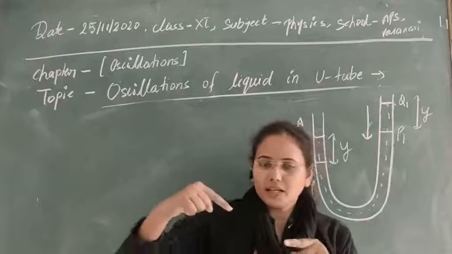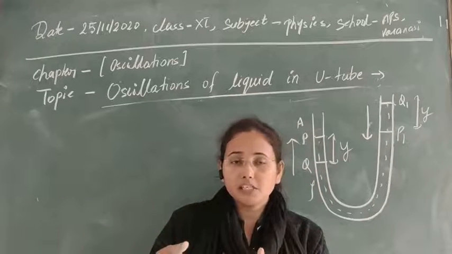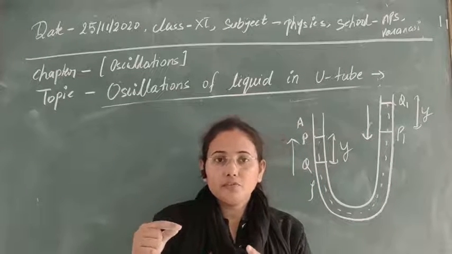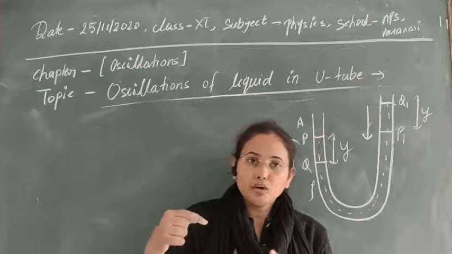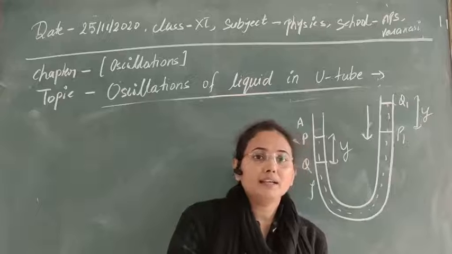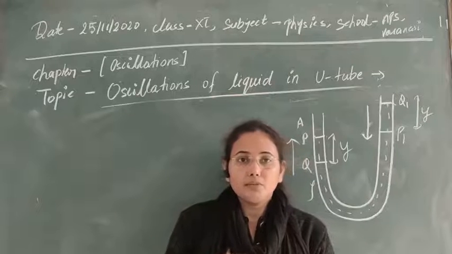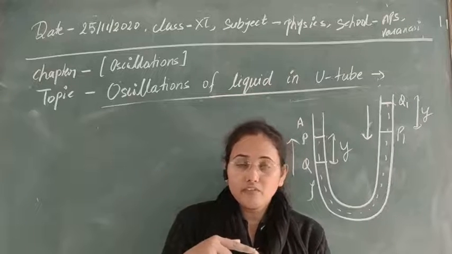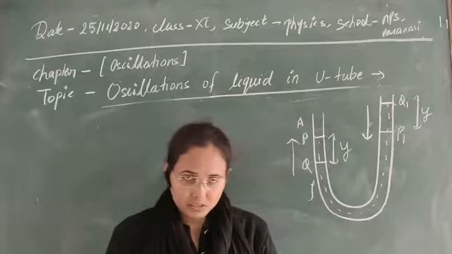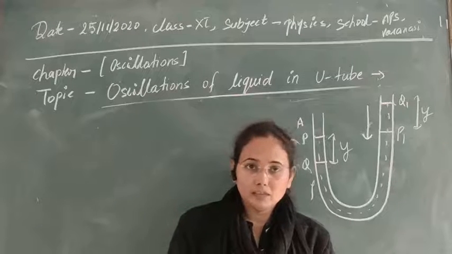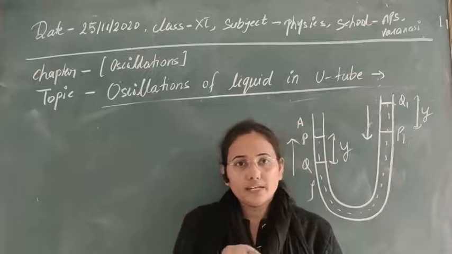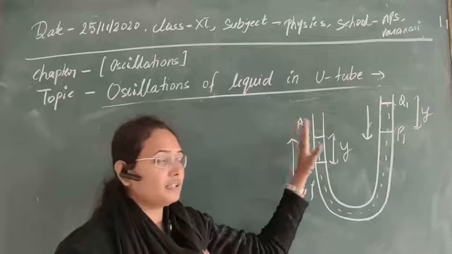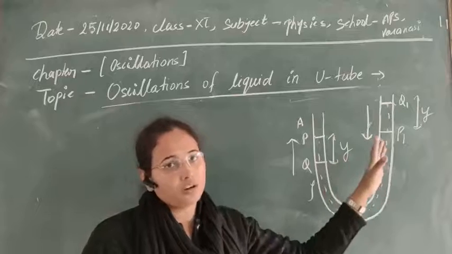When we displace any particle from its mean position, a restoring force is developed due to this displacement, and it will try to oppose it and bring it again to its equilibrium position. That's why acceleration is always towards the mean position or equilibrium point in case of oscillations. And now the system will start to oscillate. So whether the conditions are fulfilled here or not, let's see that.